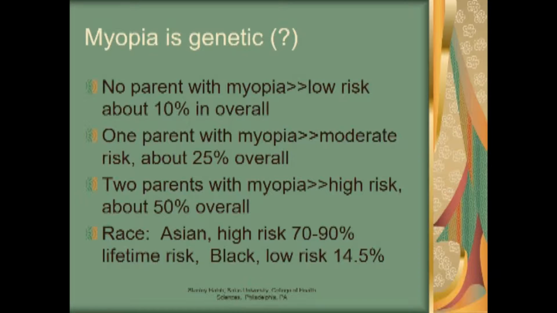Well, let's take a first potential cause. Myopia is genetic, is it? Well, let's look at our risk factors. If you do not have a parent with myopia, then you have very low risk, about 10% overall for your lifetime. If you have one parent with myopia, then you have a moderate risk, about 25% overall. If you have two parents with myopia, you have a high risk, at least 50%